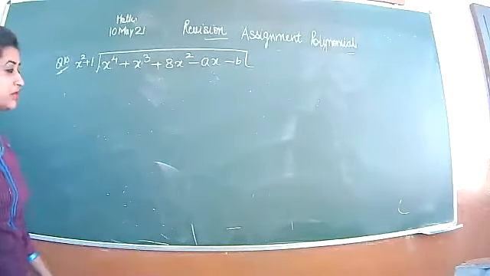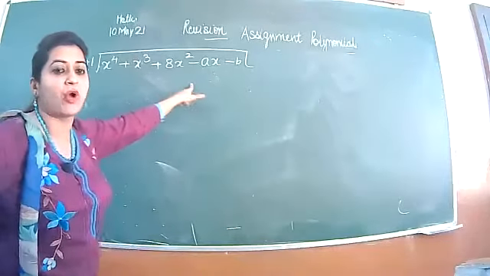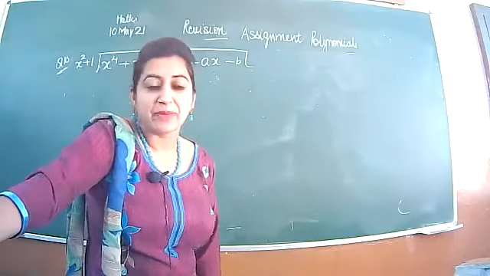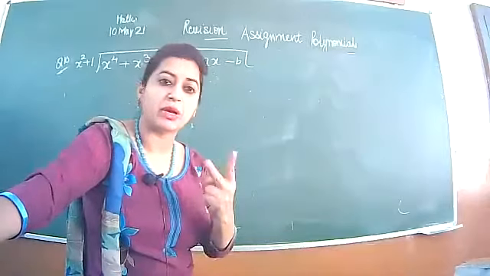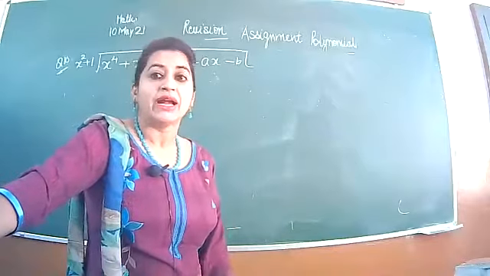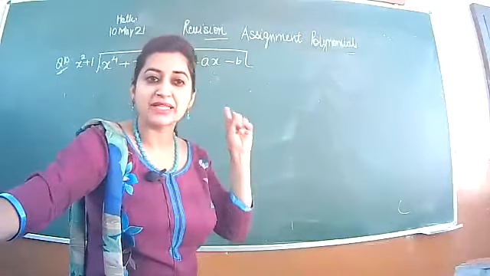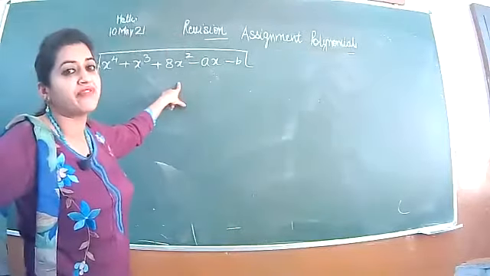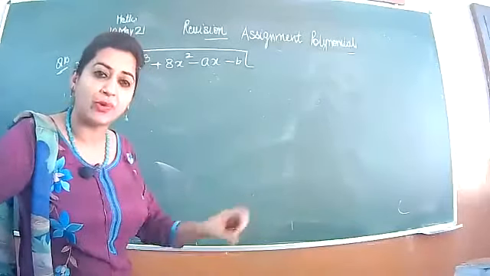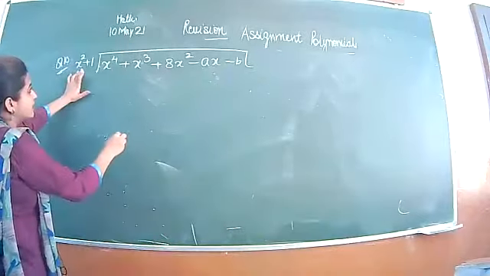Question number 10 is, find the value of a and b such that this polynomial is divisible by x square plus 1. What does it mean? I told you that when there are two variables, a double equation form is created, but here there is only one condition, so one equation will form. But it is given that this polynomial is divisible by x square plus 1. What does it mean? That this x square plus 1 will completely divide this. That means the remainder must be 0. And if you are not getting 0, you will equate it to 0 and you will get the values of a and b. Okay, so let's start with the division.